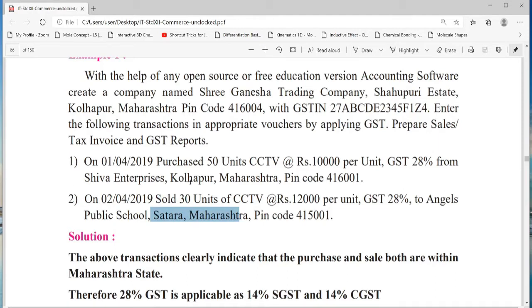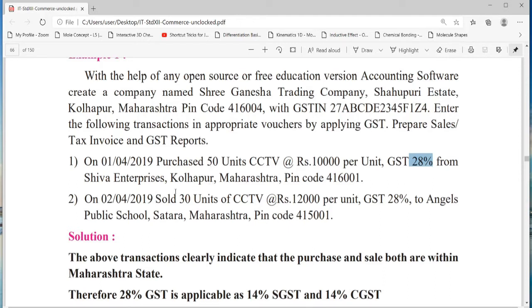So we have seen in our last video that whenever the transactions take place within the same state, then we are going to apply CGST and SGST. Here GST 28% is given, so ultimately we are going to apply CGST and SGST to both these transactions.